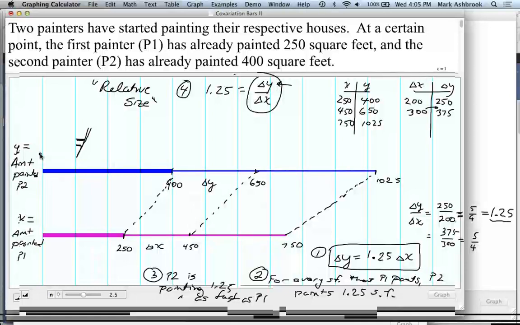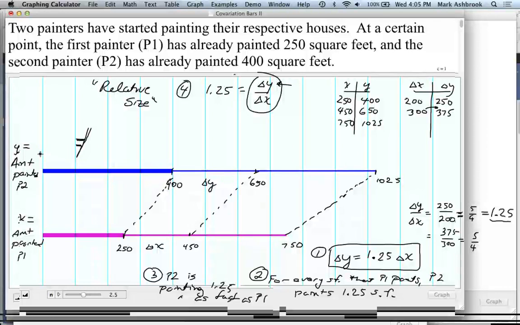What do you think about this? Does what I've shown you imply what you're saying, that when x was 0, y is 0? Does it? Because you don't know what your x is. By the graph, you're saying yes, I'm showing 0, 0 here, but the problem says they both start. So if they start at the same time, did they say that? They said they have started. What's the change of 250 result in? And if they started at 0, 0, oh, that's right. If they started at 0, 0 and their changes are proportional, their amounts would have been proportional.